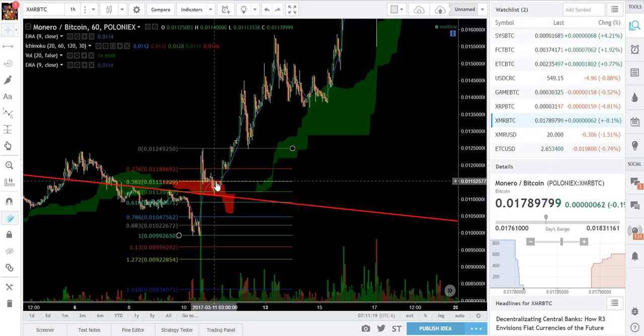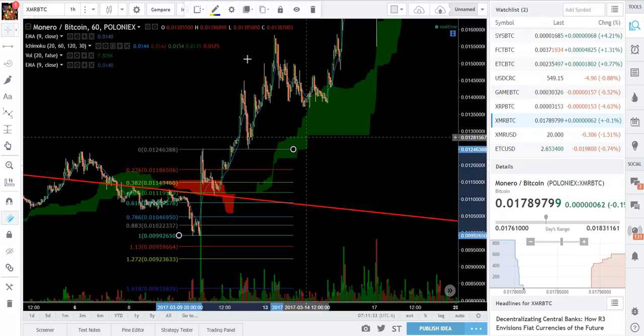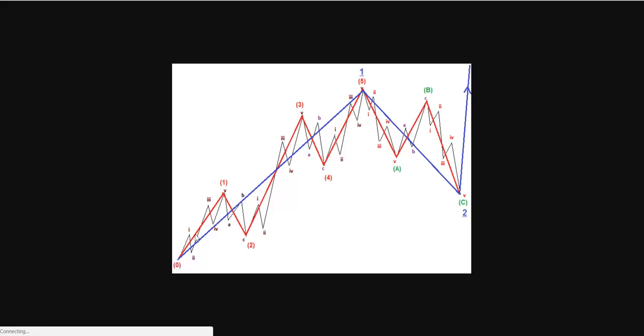And so if everything in our universe can be measured with Fibonacci, why not the print of human emotion, right? So it's a very powerful thing, and all of these moves that happen along the way can all be measured with Fibonacci, meaning that this first initial impulse, we can get a Fibonacci retracement entry